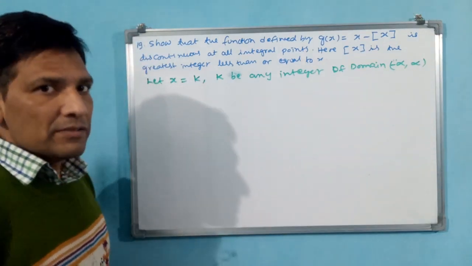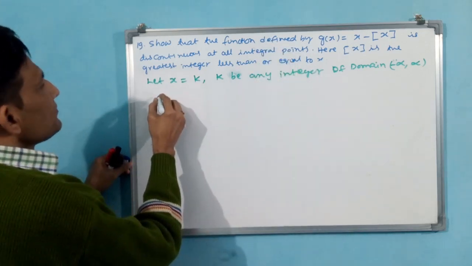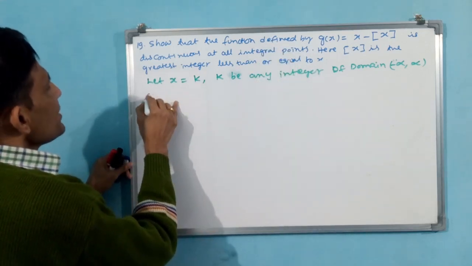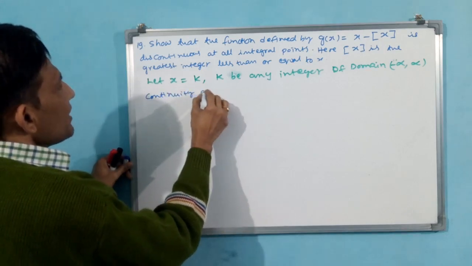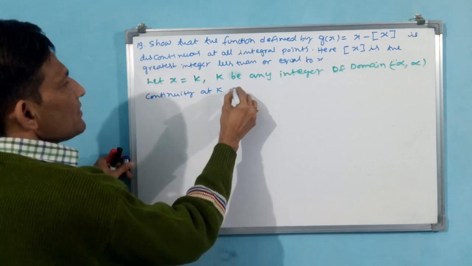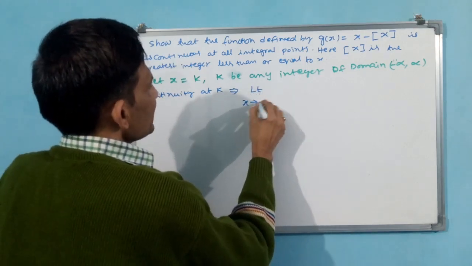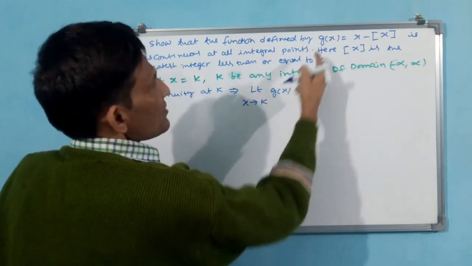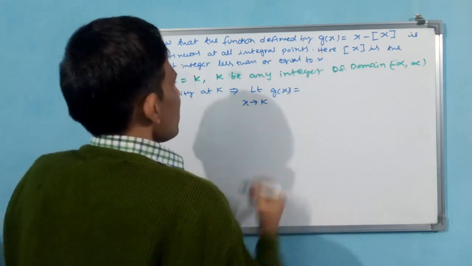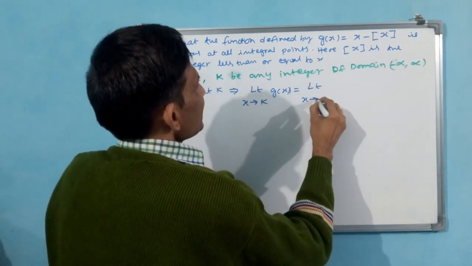Now let us apply this. Continuity at k. Limit x tends to k of g of x. Why? Because here you don't write f of x, g of x they have given. g of x is equal to, then limit x tends to k